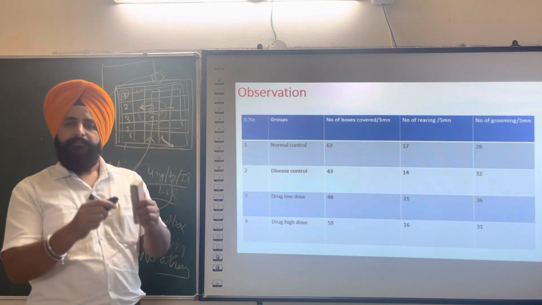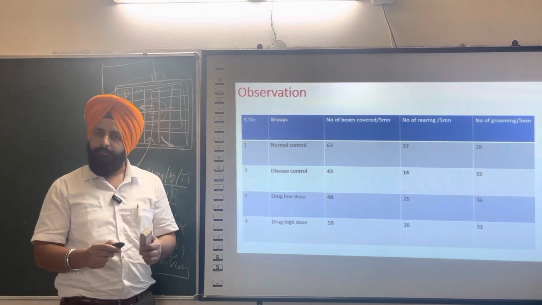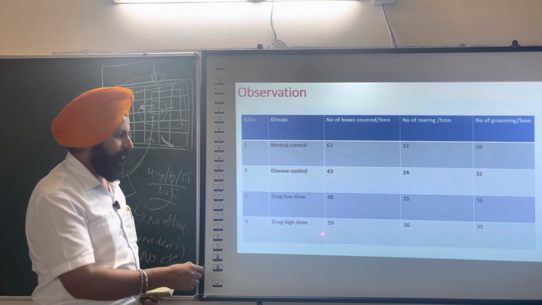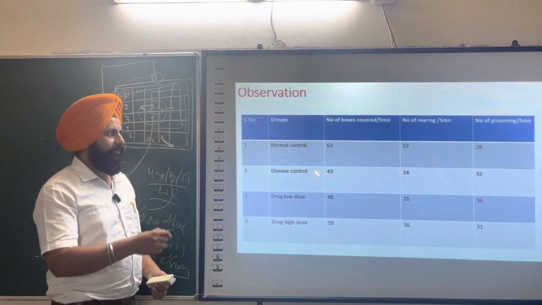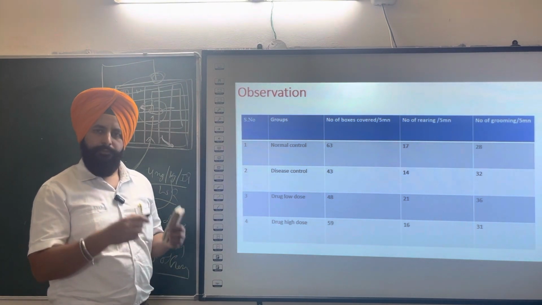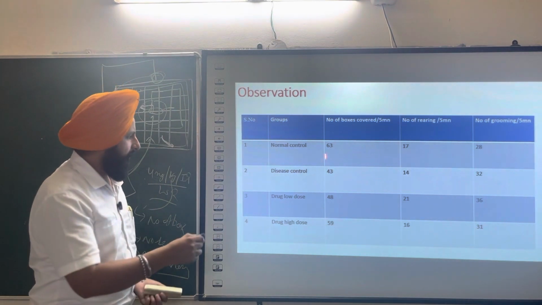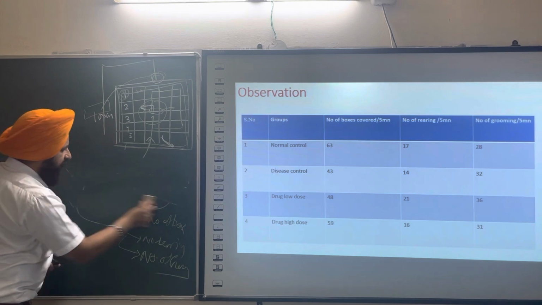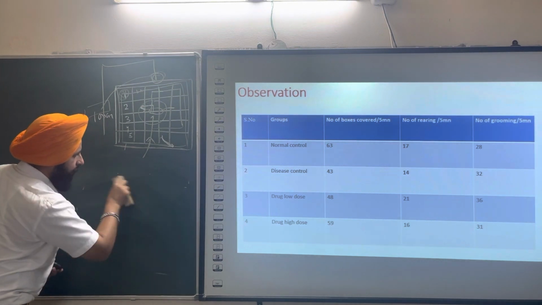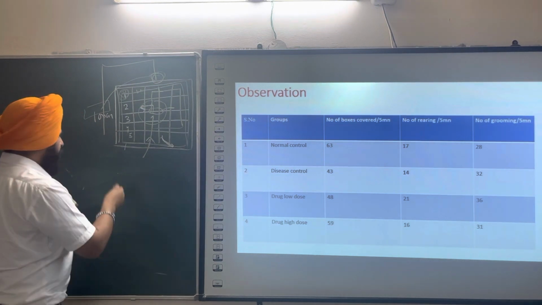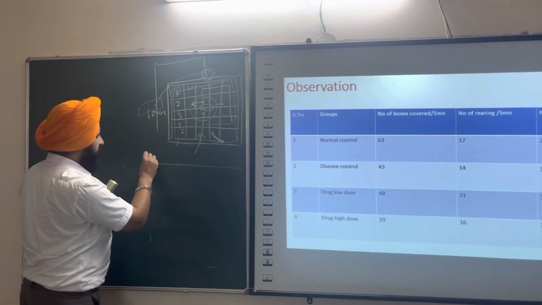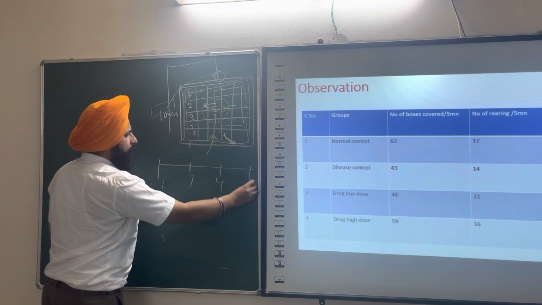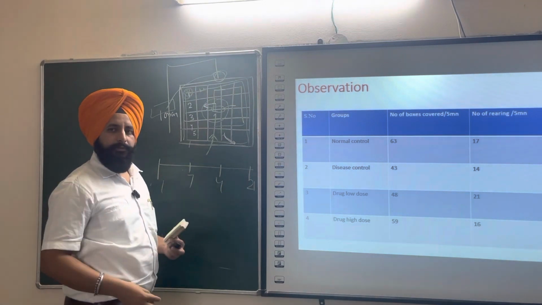So it depends upon the type of toxin which you are using, but you have to calculate all these things in all the groups. At the last, it is very important that you should know, suppose you are doing this practical, you are having your protocol of 14 days or 28 days or 40 days. Suppose you have set your protocol for 21 days: first day, 7th day, 14th day and 21st day. It can be 40 days as per your choice.